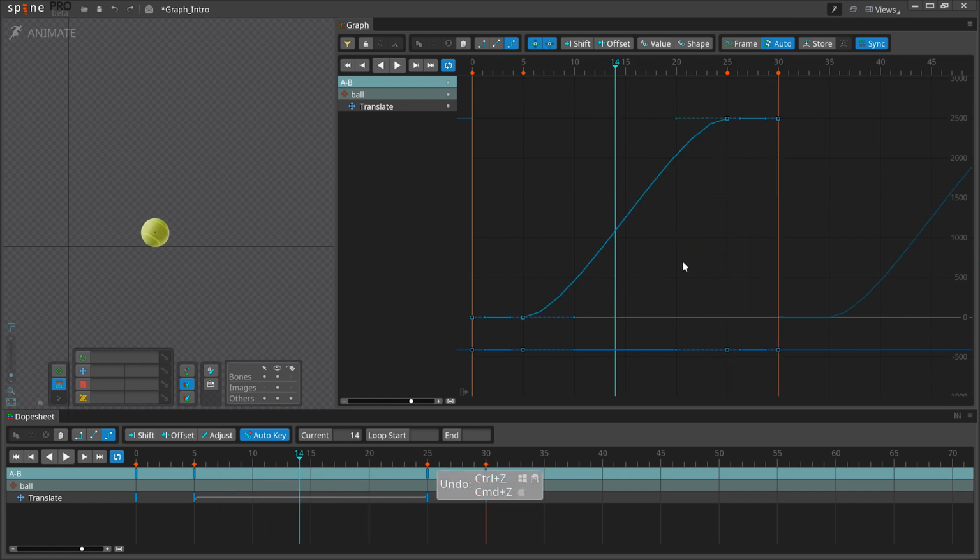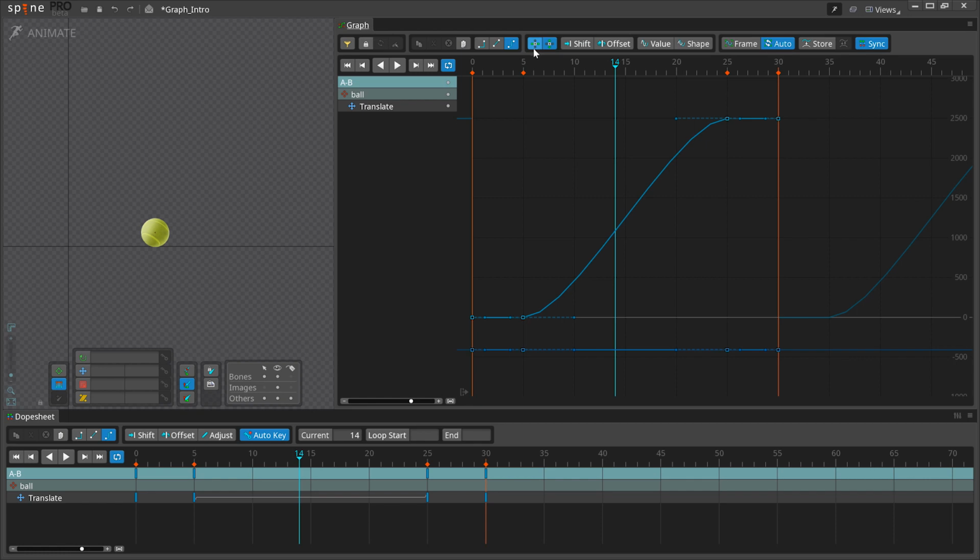Which pose do you want to favor? You should ask yourself these questions anytime something moves in your scene. Otherwise, Spine will decide for you. Ease-ins and ease-outs are the most common and are very easy to achieve with a graph. If I were to slightly raise the second key or lower the third key, I will get an ease-out or ease-in. Let's focus on an ease-in for our second pose.